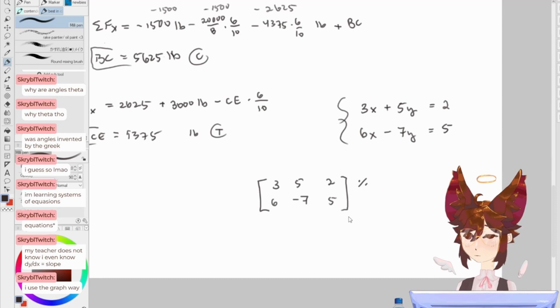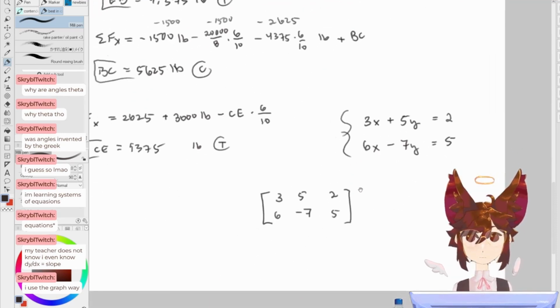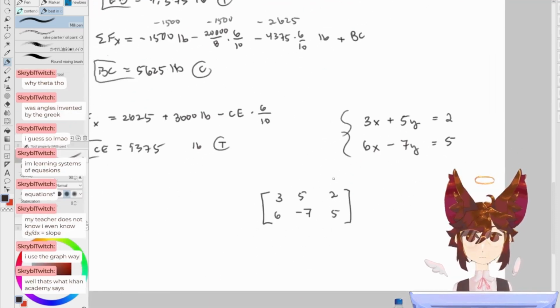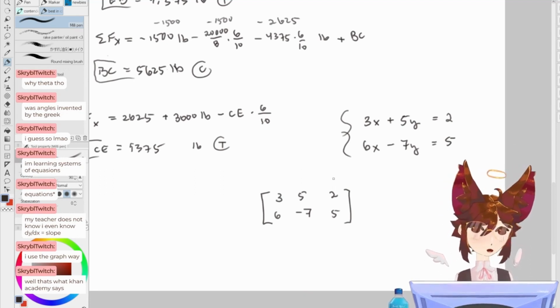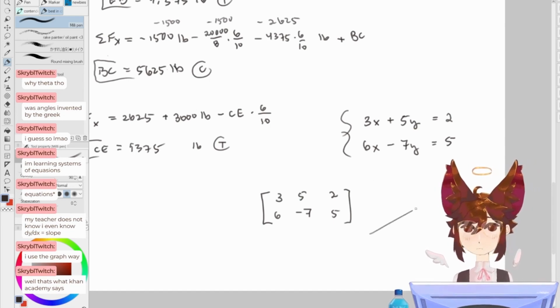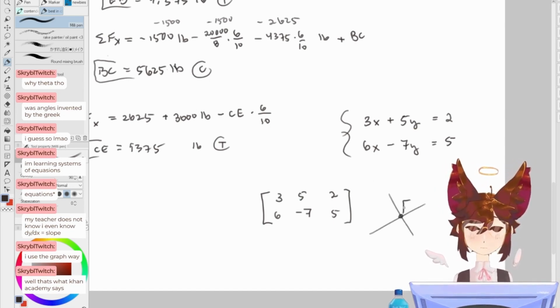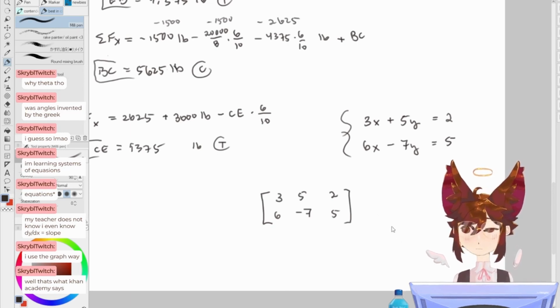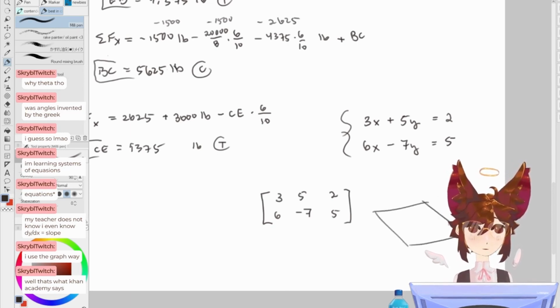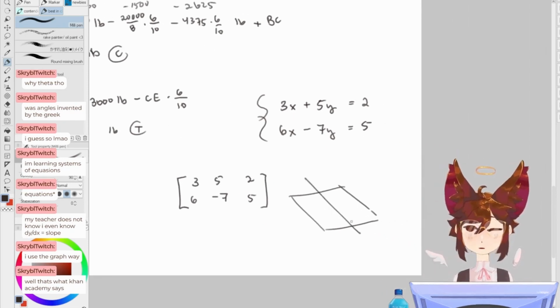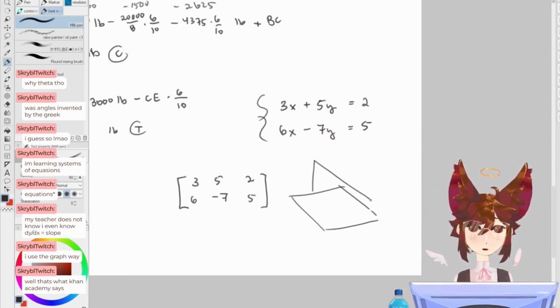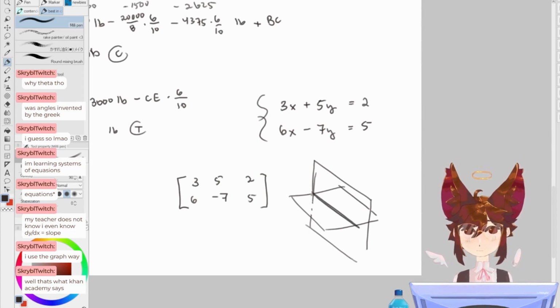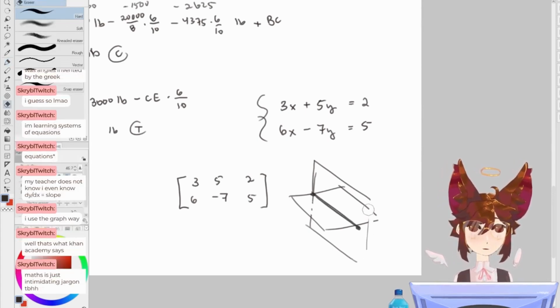Oh, use the graph. Oh yeah, solving systems of equations by just graphing them. That's really smart. Yeah, I like doing that too. That's what Khan Academy says. That's one good way to do it. If you have a bunch of lines, the solution is just where the lines intersect. And we do that in linear algebra too, if you're in a higher system. If you have a plane and a plane, like let's say here's your other plane, then they're going to intersect at a line. And that's what your solution is going to be, that line.